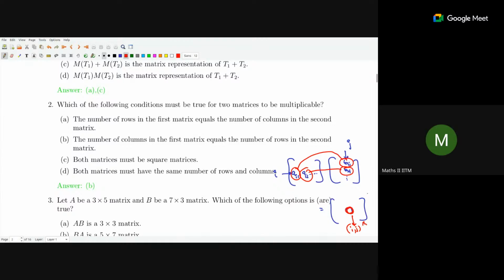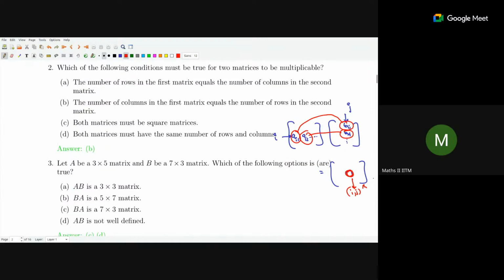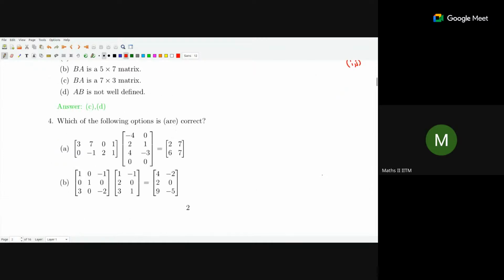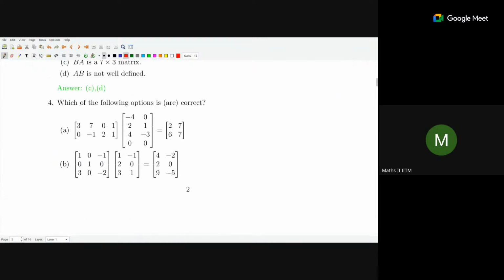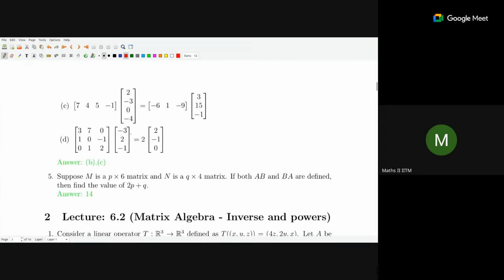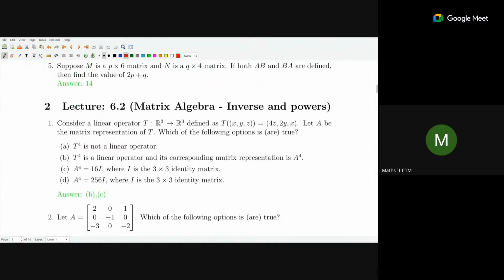I don't want to spend too much time on this, but you should be a little bit careful about when products are defined and not defined. And this is how you multiply two matrices. So you just have to take the LHS, do the matrix multiplication, and see whether it is equal to the right side or not. Okay, so that is 6.1. 6.2 is